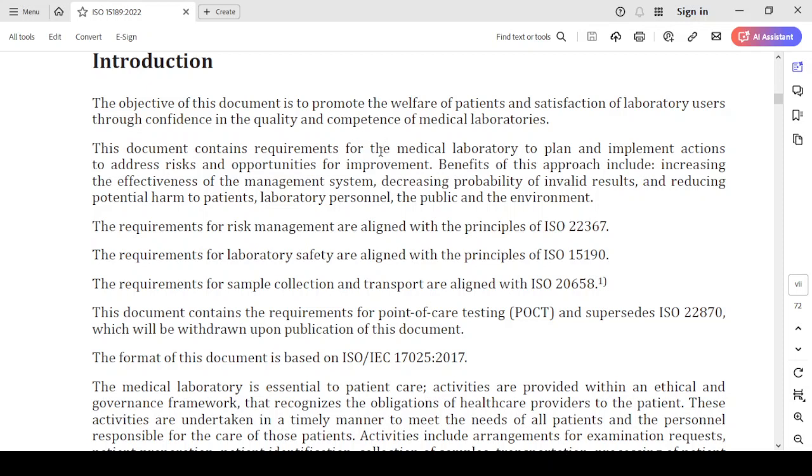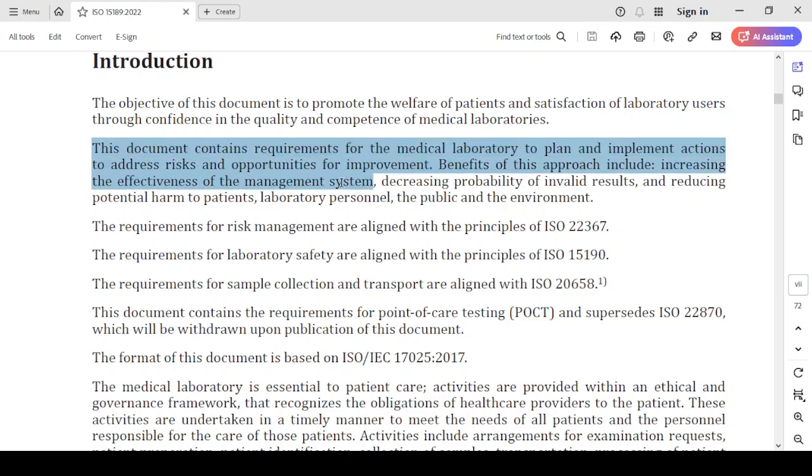So that means the reason why labs are implementing this standard is to make sure that our users, who are the clinicians, the staff, the stakeholders, the patients themselves, have trust in the results that we are providing as the lab. That is the whole purpose why this standard was developed,